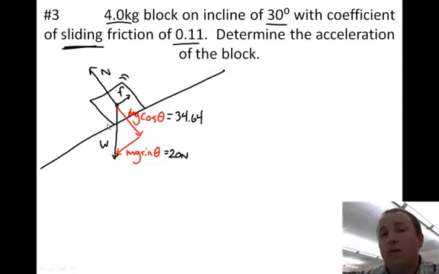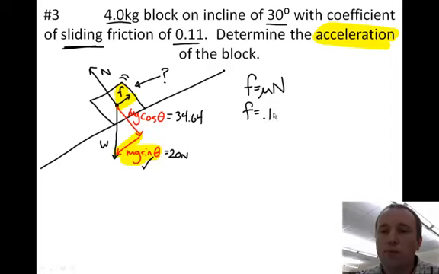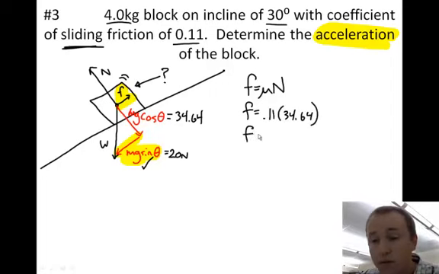Now we're going to really look at how do I use these. If I think about my question, determine the acceleration, I need to know my F net. To know my F net, I need to think about which way is my block accelerating. It's accelerating down the ramp, so I'm going to involve mg sine theta. But think about what's opposing it. What's opposing it is my friction force. So I need to look at my friction, and I need to find out how big that is. Friction is mu, 0.11, times normal, 34.64,